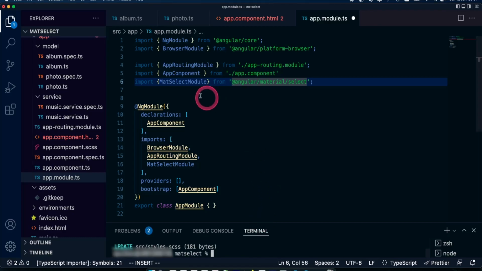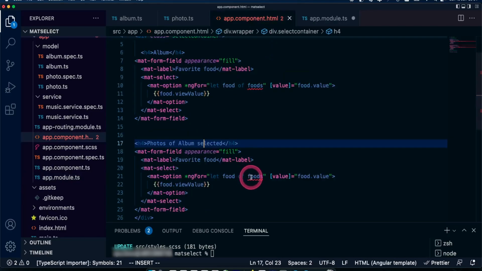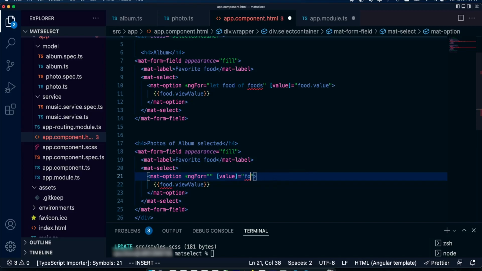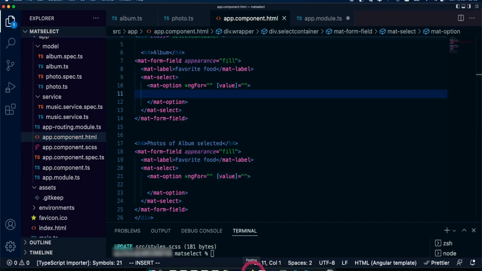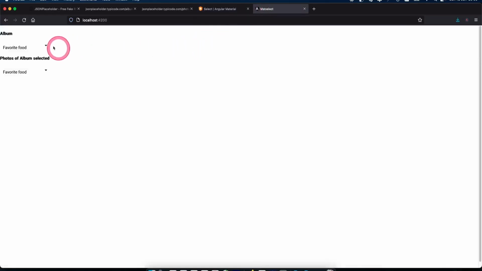So now that I've added Angular material, you see all the errors have gone away, except for these ones, which we don't need. So I'm gonna just take these away. Okay, we're all good. Now if I go back to the browser and check our app, there is nothing. Now I'm going to do more of some styling and some fixing.